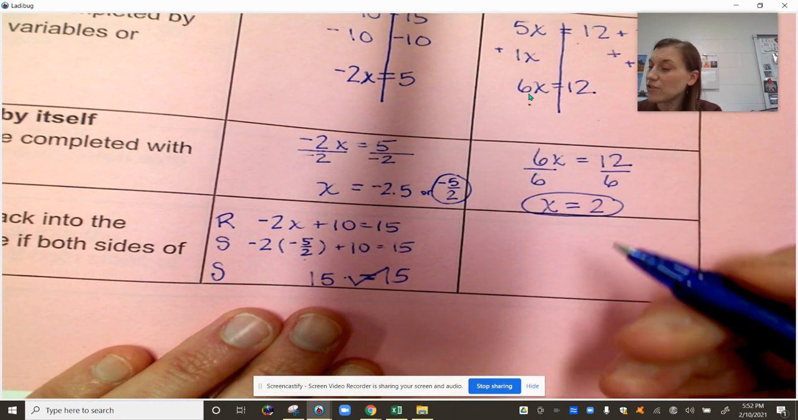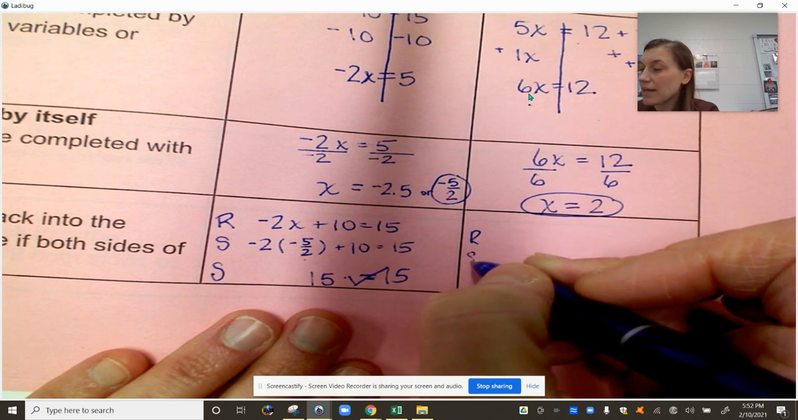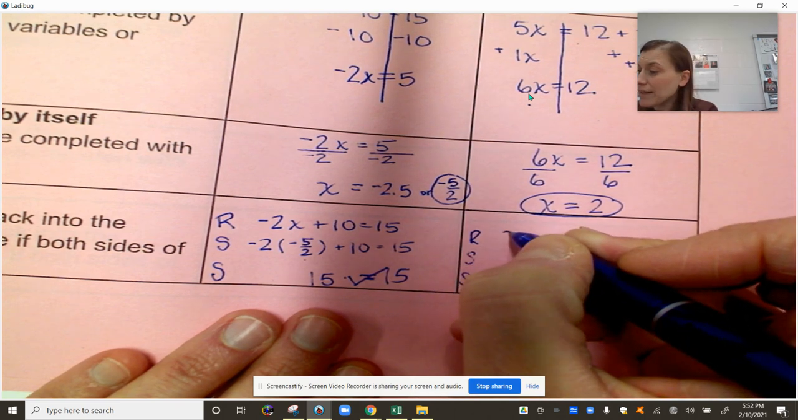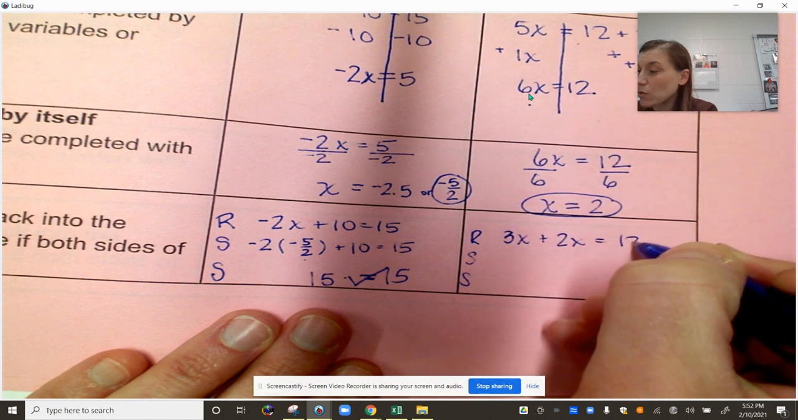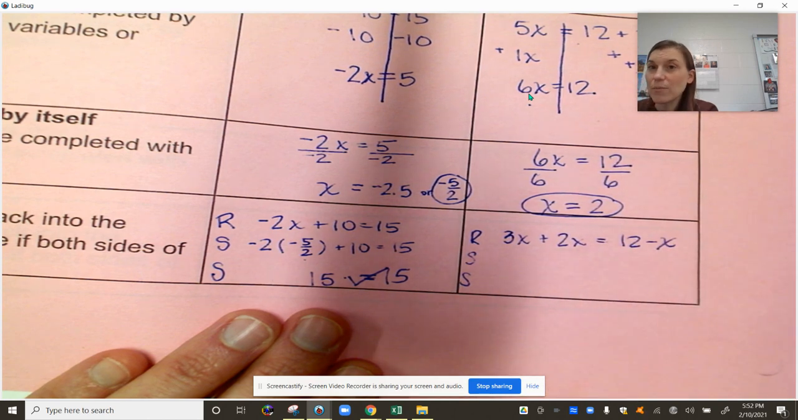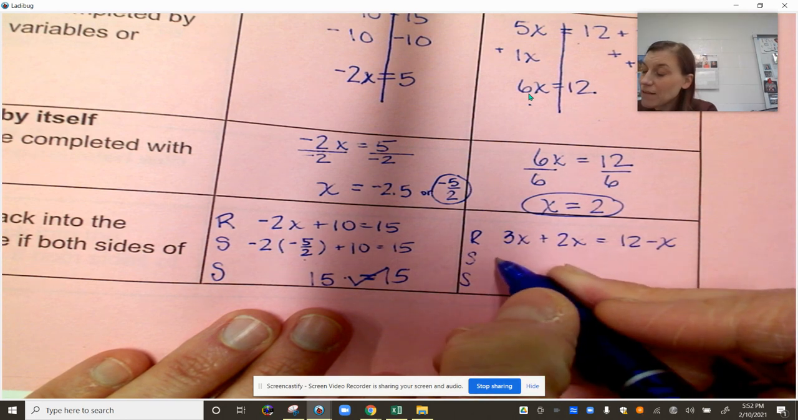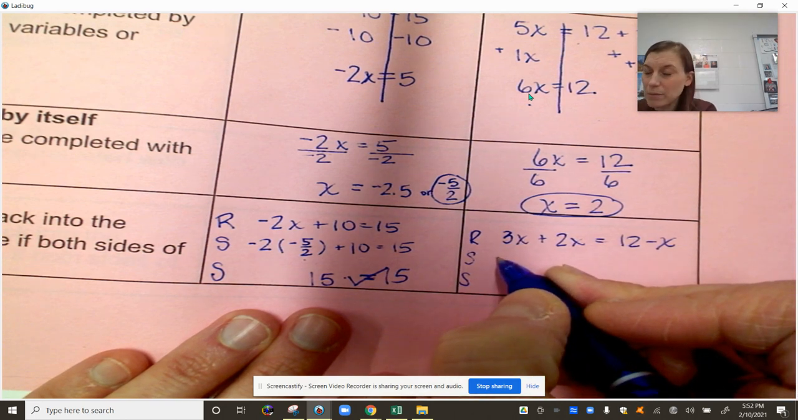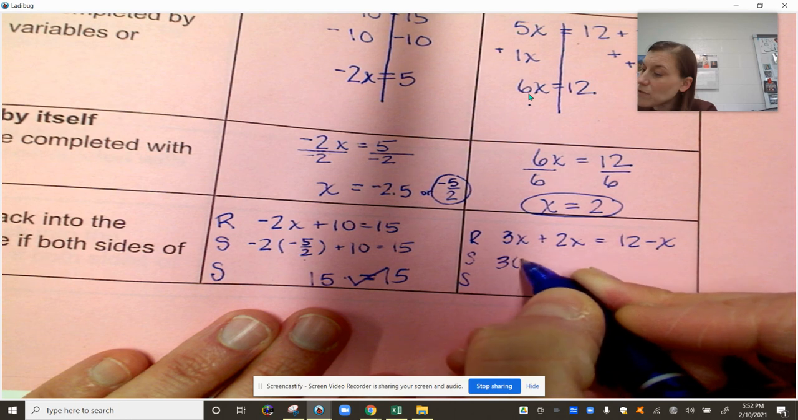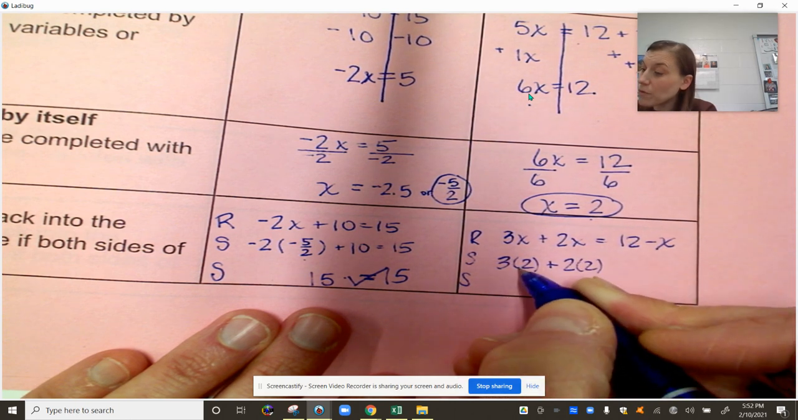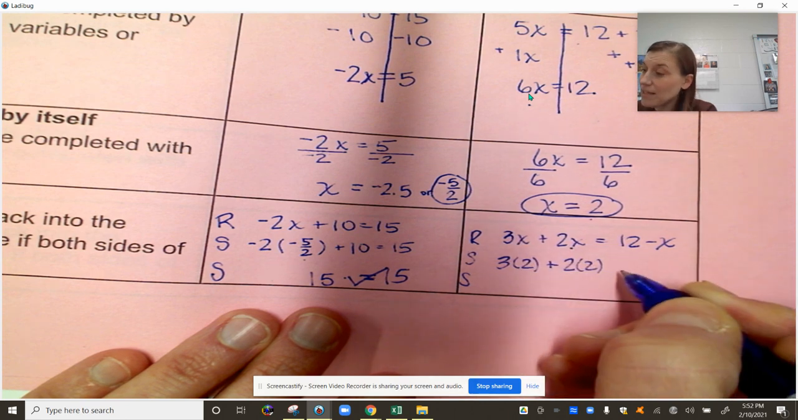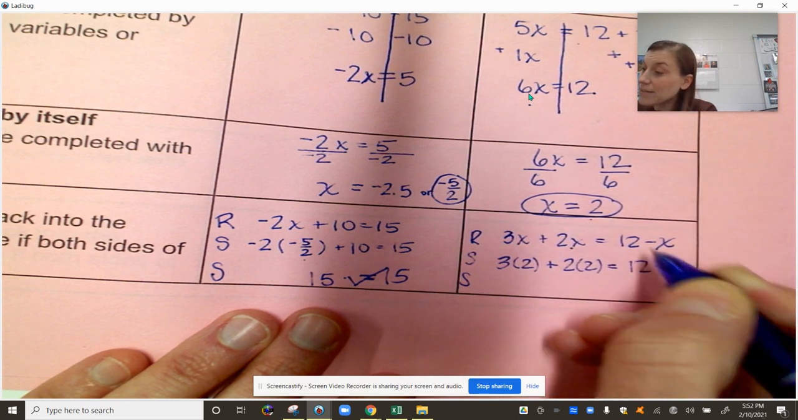Well, my last step is to check. So RSS. I need to rewrite the equation exactly as it was before I changed it in any way. So before I combine like terms, before I change positive, negative, any of that, I have to start at the very beginning, because who knows where my mistake could have been made. So I'm going to do 3 times 2, because I think x is 2. So that's 2 times 2, because both of these have an x in them, equals 12 minus,